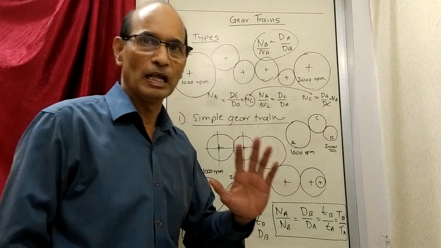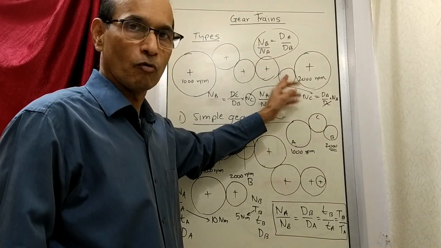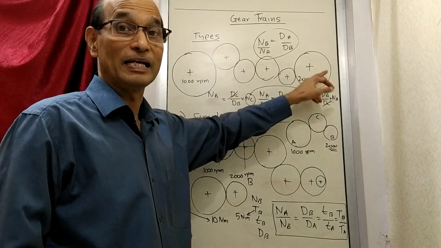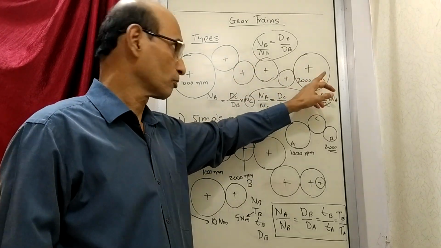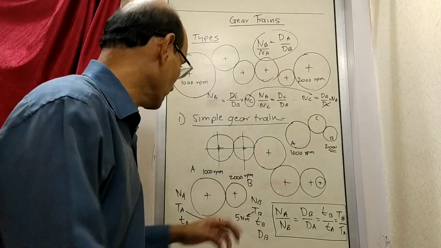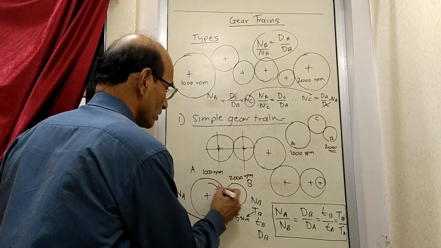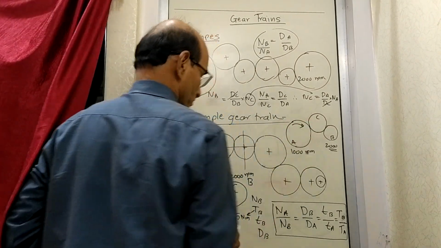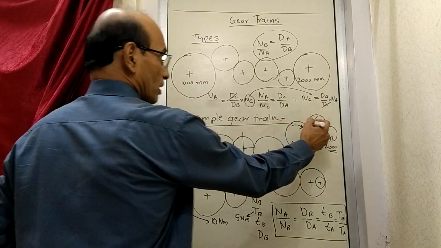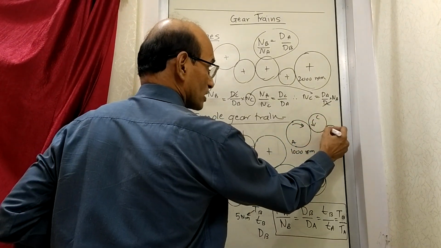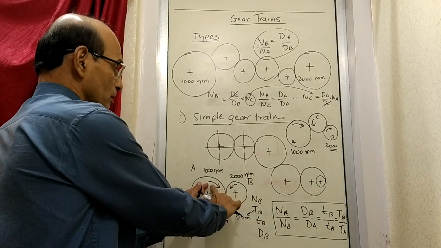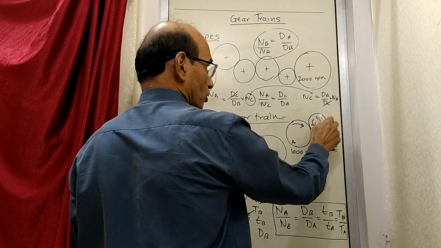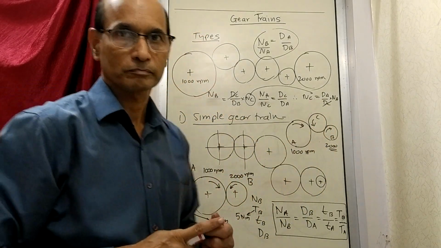The only thing that will happen is, what is the role of these gears? One is of course to transmit power. The other is that the number of gears is going to decide the direction of rotation. See, for example, here, if this rotates clockwise, this will rotate anti-clockwise. This is still clockwise. A is clockwise, but now this has become anti-clockwise, and that has caused B to become clockwise. B was anti-clockwise when this was directly in contact. Now B has become clockwise because of the addition of one gear.